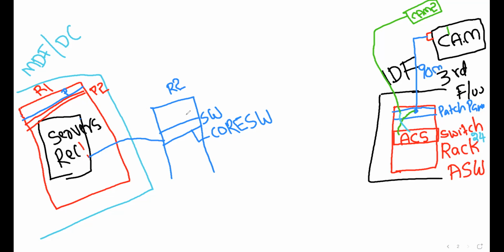Now, we need to interconnect from my core switch to the access switch. Again, they are in different places. Maybe this one is on the ground floor or in the basement, and this one is in a different building or on a different floor within the building, wherever the camera is required to be placed. Now,